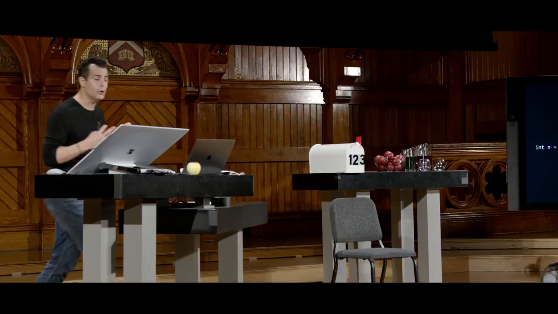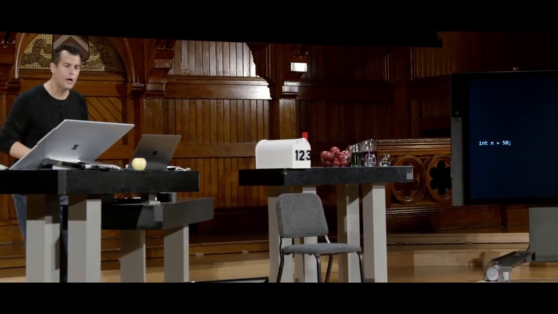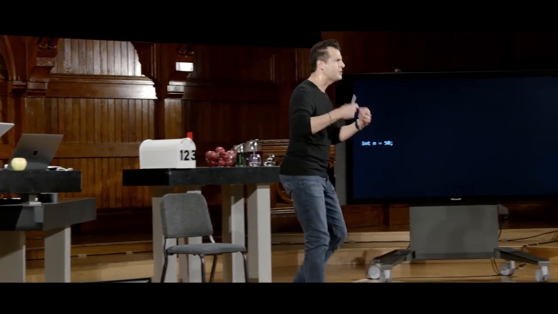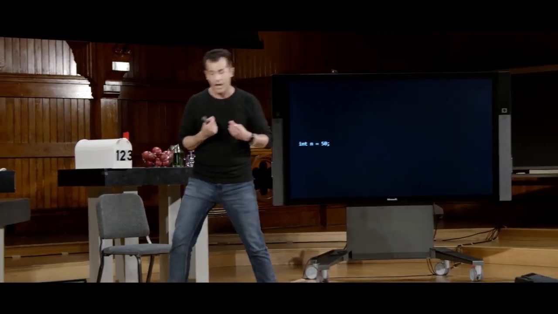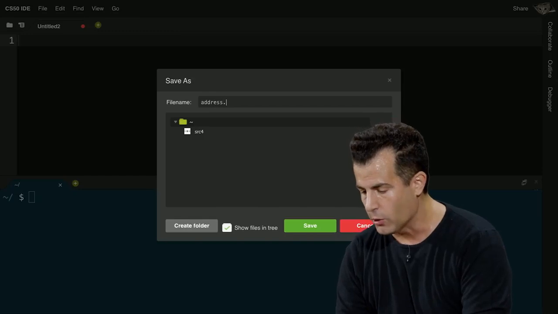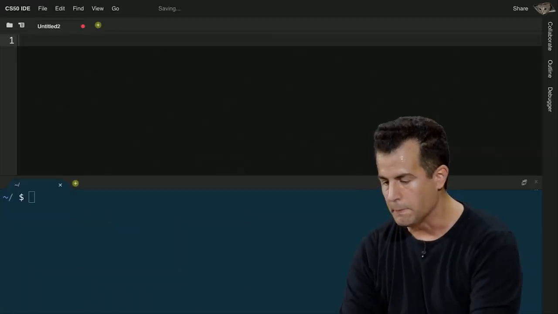All right. So how can we actually use this information? Well, let's now see some examples of what's going on truly inside of your computer's memory. And we'll see where hexadecimal is germane and how we can now start manipulating things more carefully inside of the computer's memory. This, of course, is just a line of code involving creation of a variable called n. And that variable is having stored in it the value 50. So let's go ahead and whip up a quick program that does exactly this. I'm going to go ahead and call this address.c, just to convey that we're going to be playing with addresses in the computer's memory.